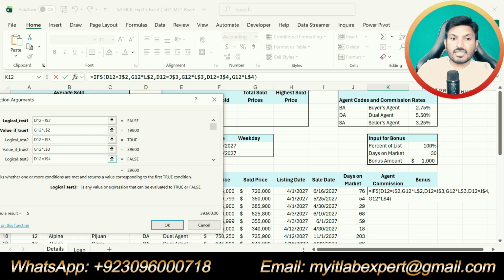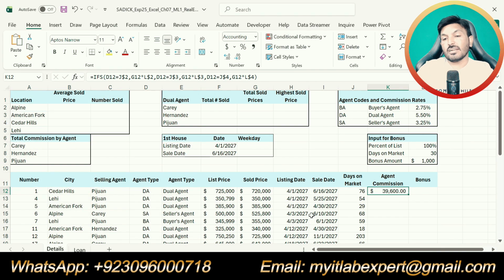Then if the agent code is equal to SA, then the agent commission will be sold price multiplied by L4. So we will get the result, that is 39,600.